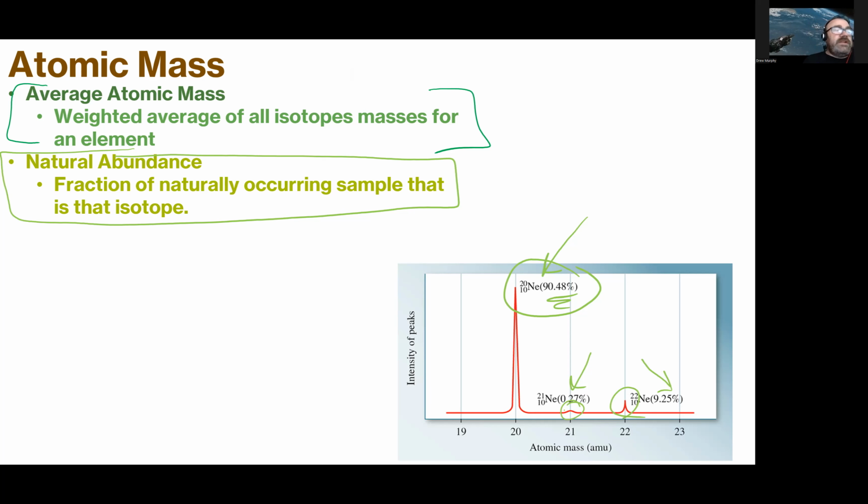Okay. And there's a handful that don't really follow that pattern, but we're not going to stress about it too terribly much. I just want us to know what atomic mass means and what natural abundance means. Something to remember here with natural abundance, we're measuring the percent of a total sample or the fraction of